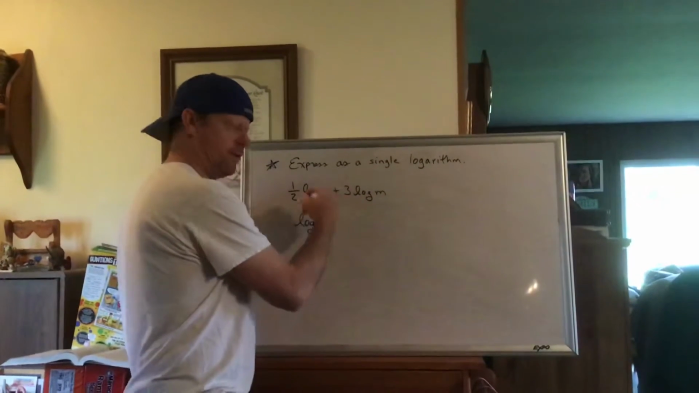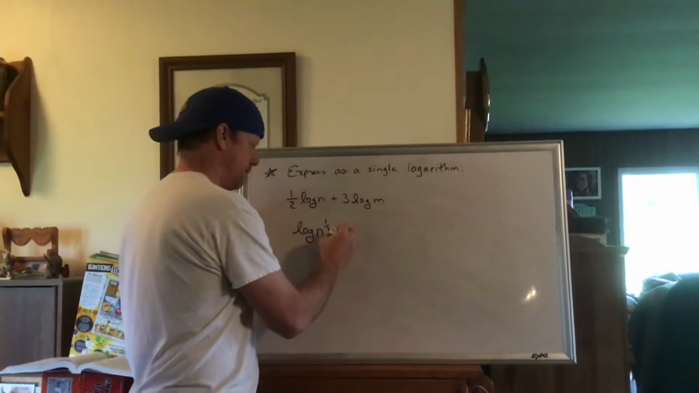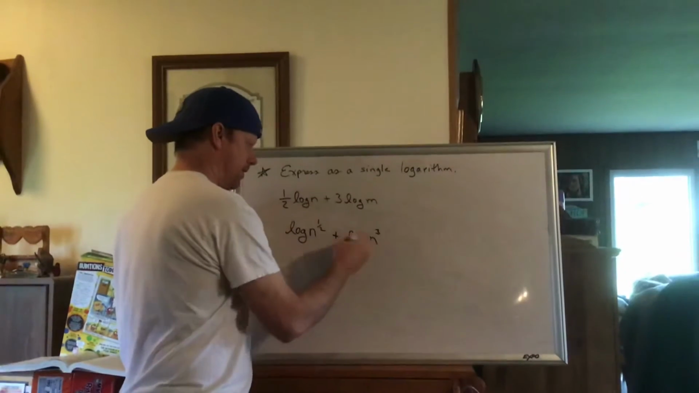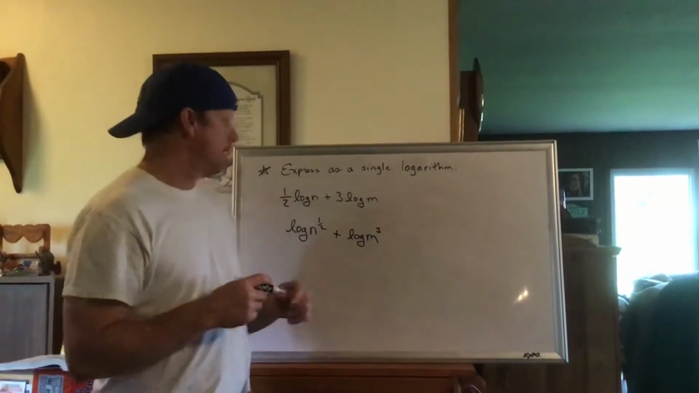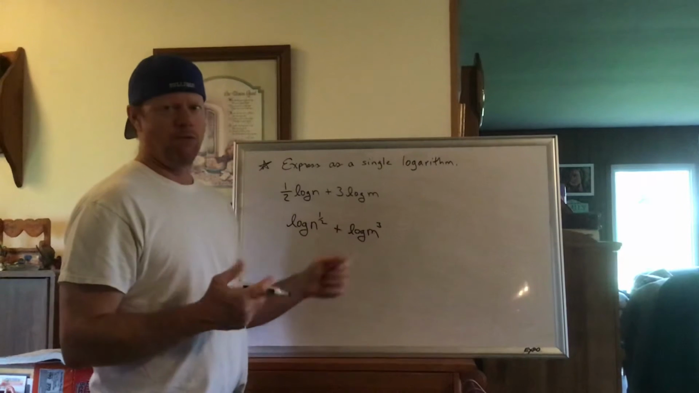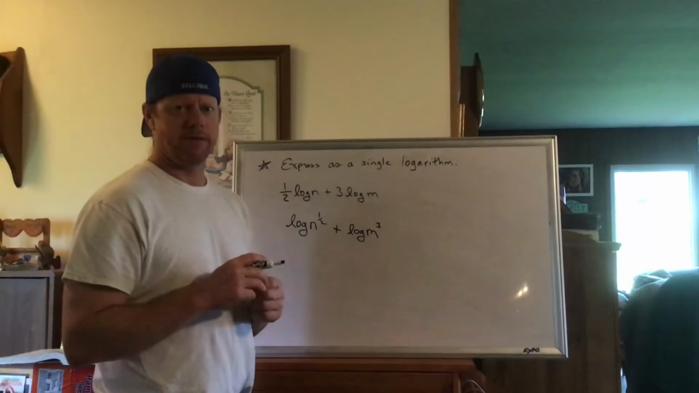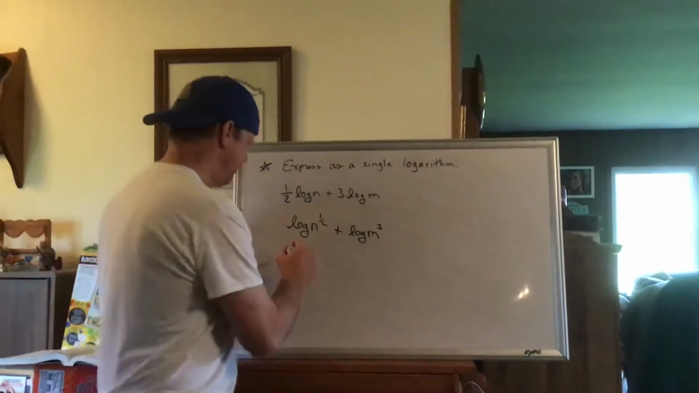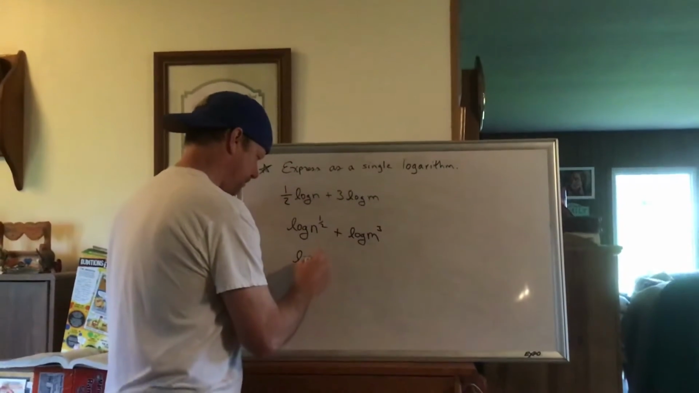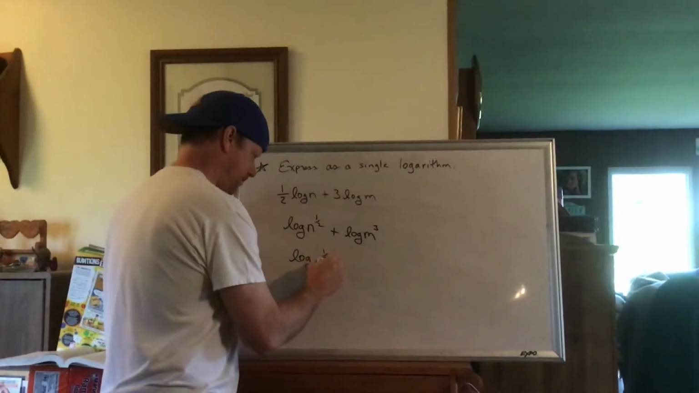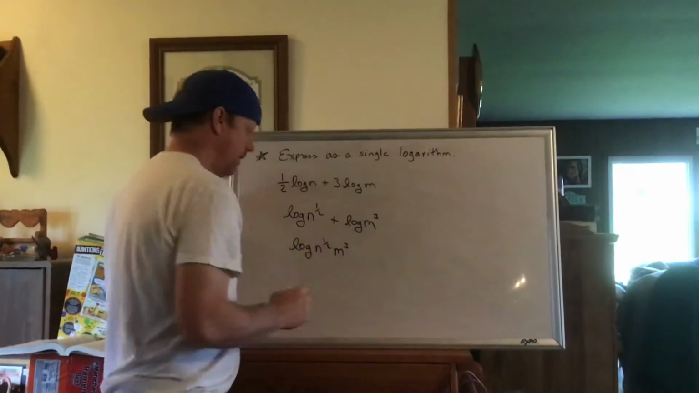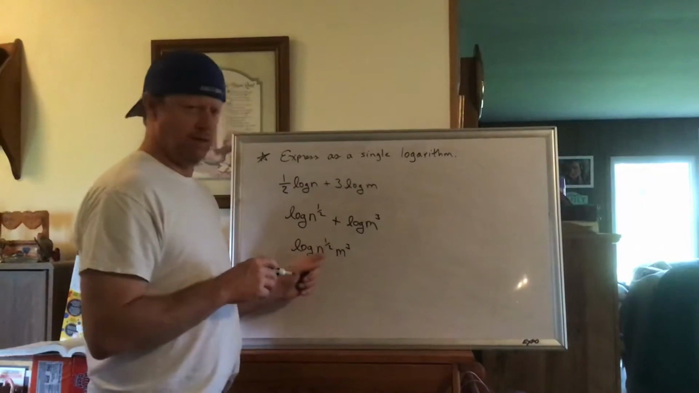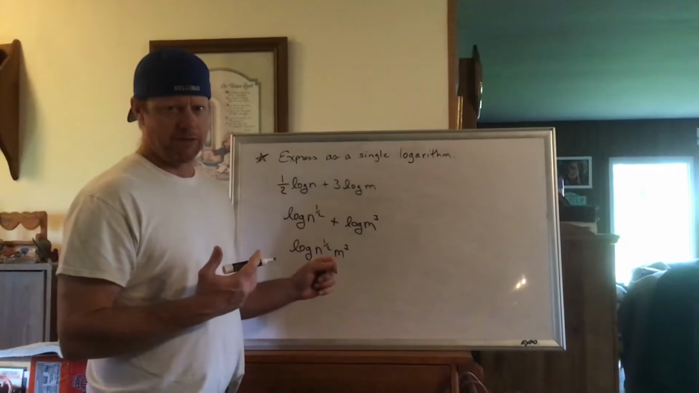So that 1/2 will be sent back to being an exponent. The 3, same story. So now I'm here. And then this is a sum. Well, what are we going to send a sum back to? We're going to send a sum back to being a product. And then as I showed you in yesterday's lesson, any variable or number to a fractional exponent can be written